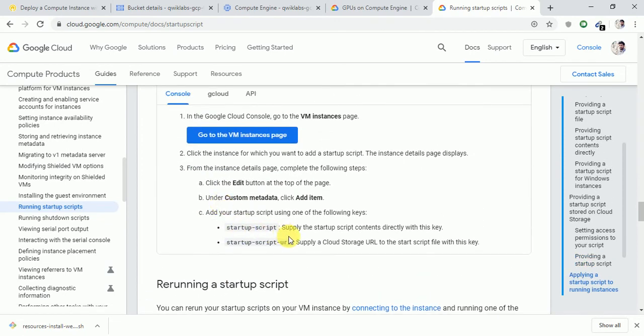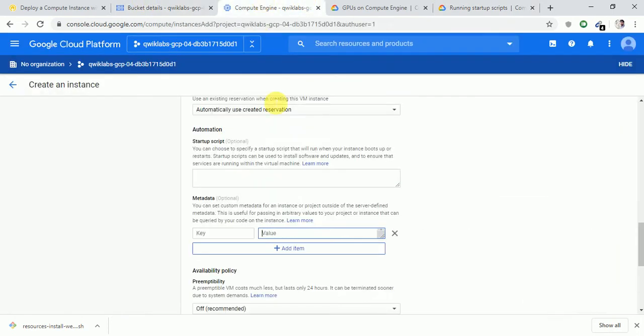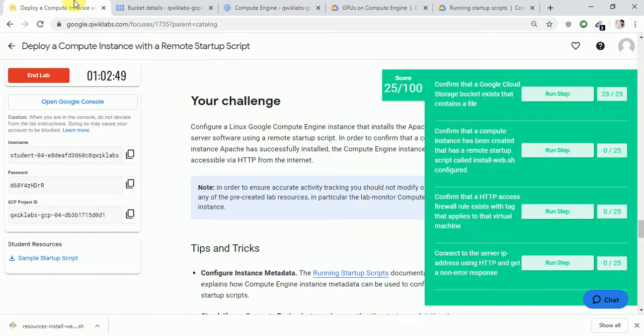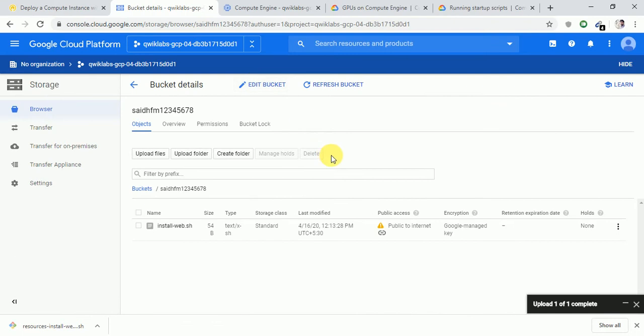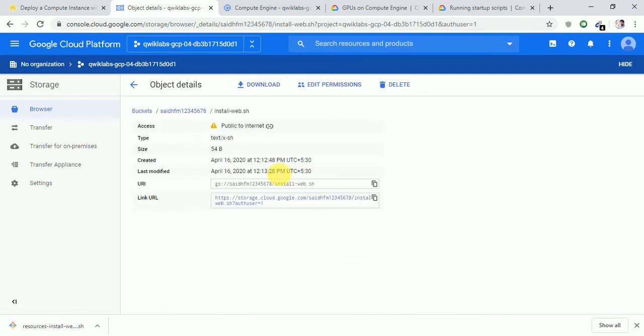This is to give it as a URL. We have to add this into our key, startup-script-url. I'm adding this. This is my key, and we are giving a URL. So I'll give the URL here. Go to bucket, click on install-web.sh. Now you can find the URI and URL.